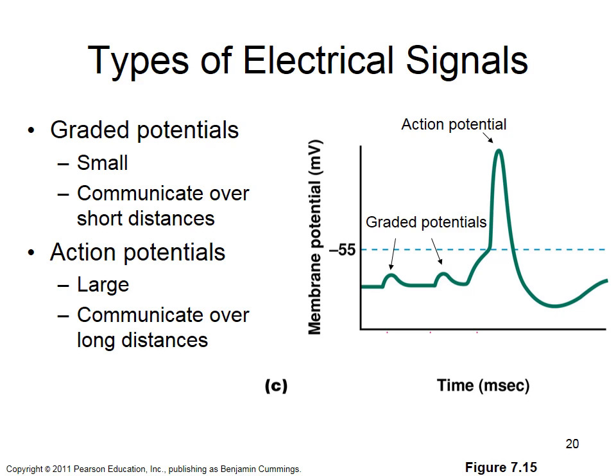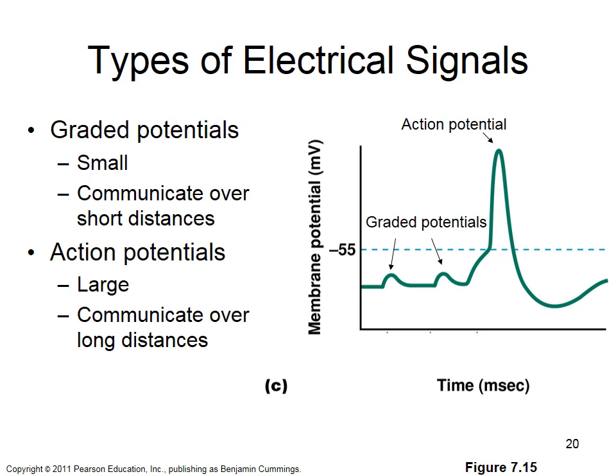That'd be resting membrane potential. Here we've got small changes in membrane potential that have occurred. These are called graded potentials. They're small changes, and they communicate only short distances. And they occur due to the ligand-gated ion channels. So these are the changes in membrane potential that occur on dendrites and cell bodies. Okay? They're the graded potentials, just small changes.